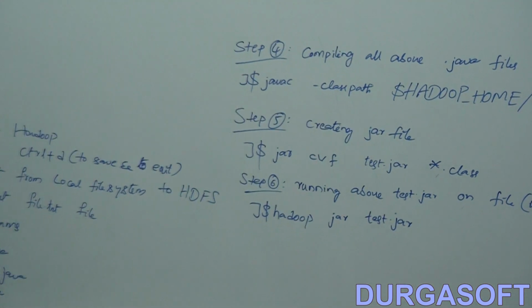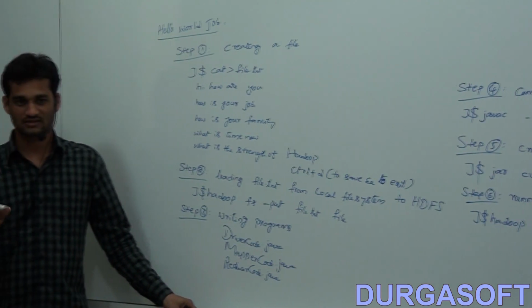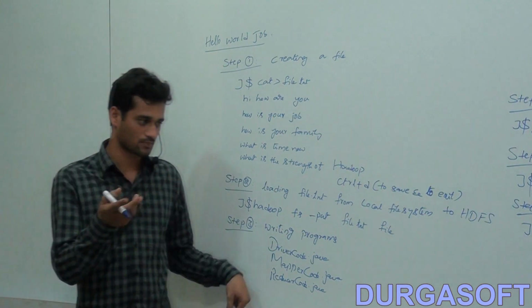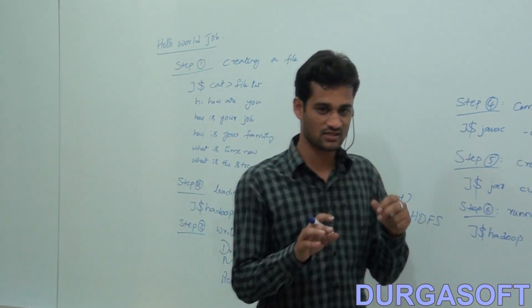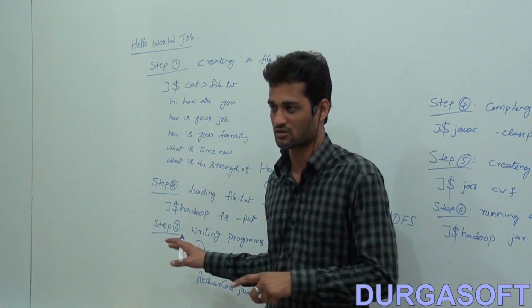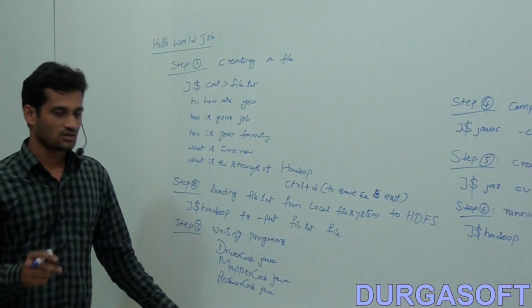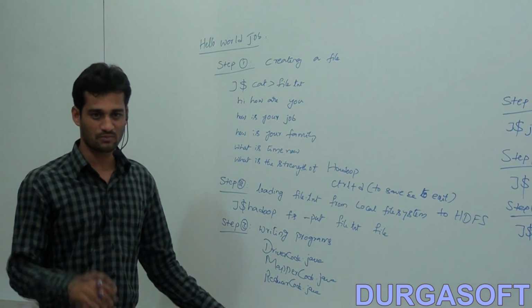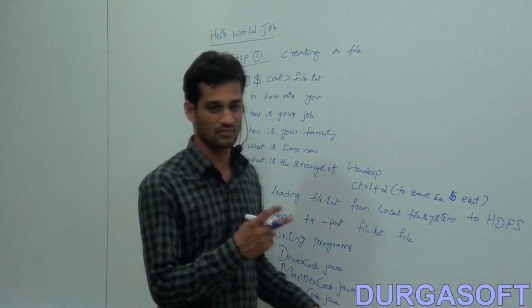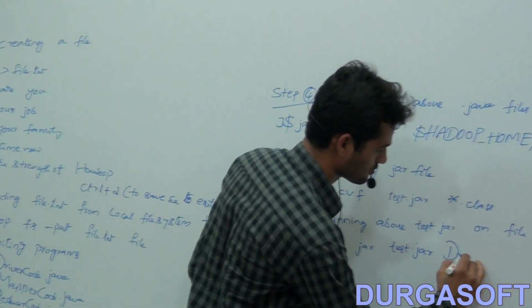out of these 3 classes, only one class will have the main method. The other 2 classes will never have a main method. Generally your program runs because of having a main method, or else you have to use static blocks. But here we are only discussing the main method. In the driver code you are taking the main method, so that class only you must give here. That is the driver code,